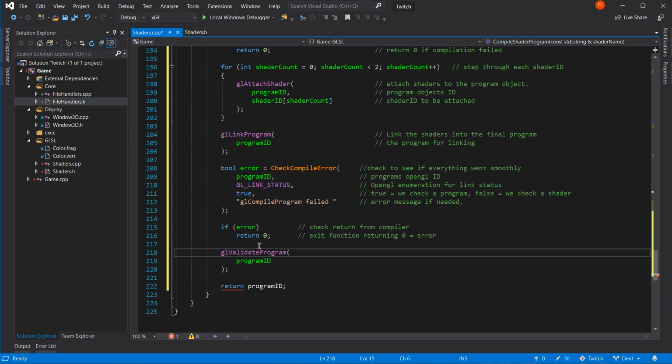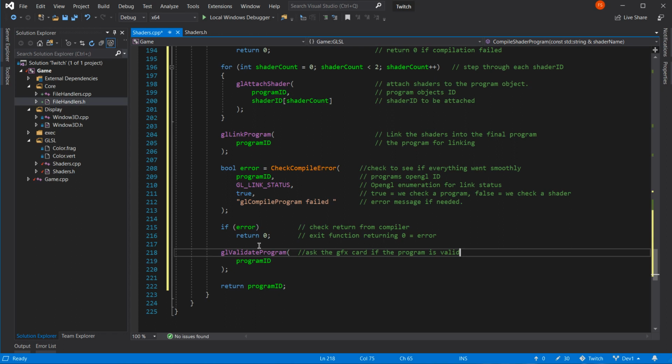Oopsie daisy, don't do that. So this part here, well, basically the same as the last part. Ask the GFX card if the program is valid.